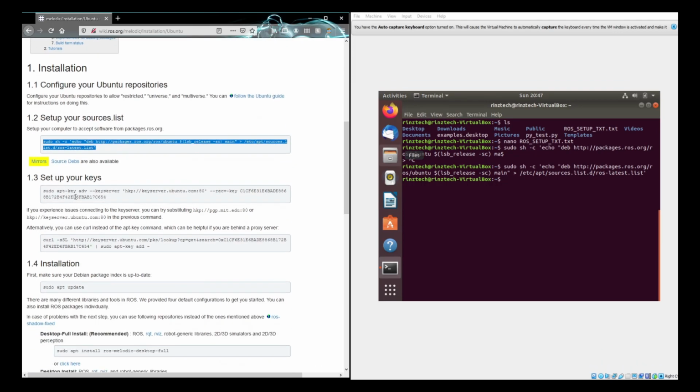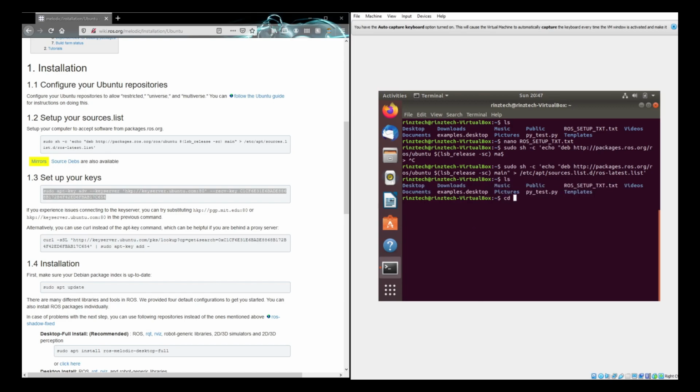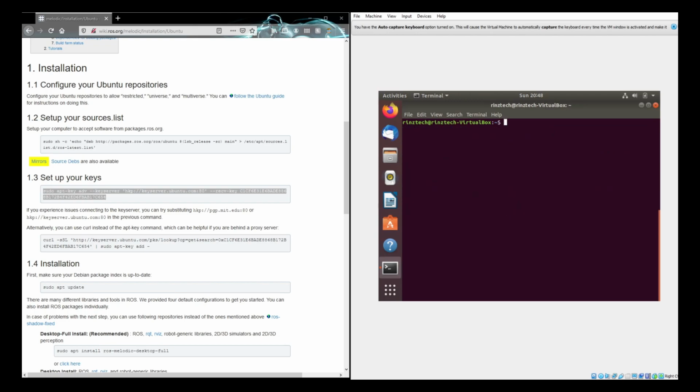Then what we're going to do is set up our keys. I never really understood what this does, but all I know is that you just need it. If you ask me, I'm going to literally tell you I have no clue, just do it. Let me clear, so that way it makes it nicer. Let's go to